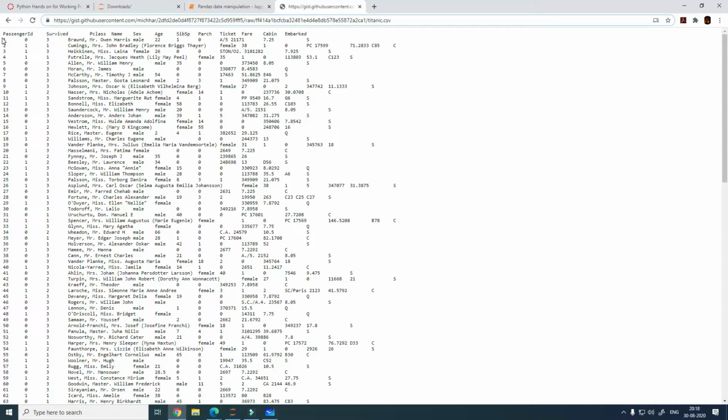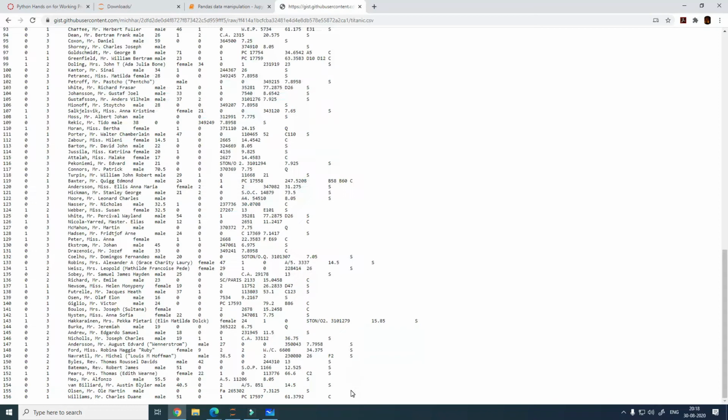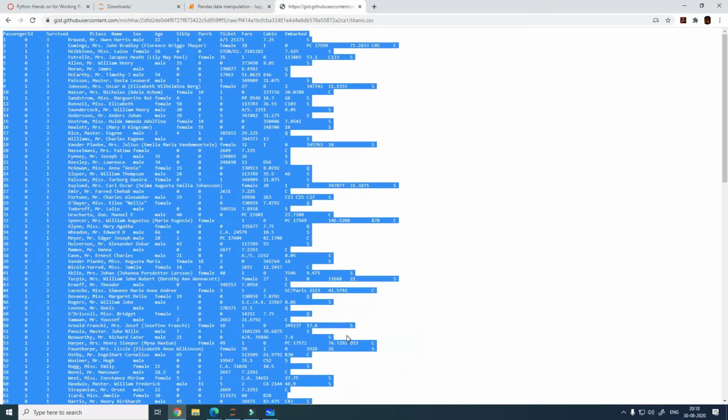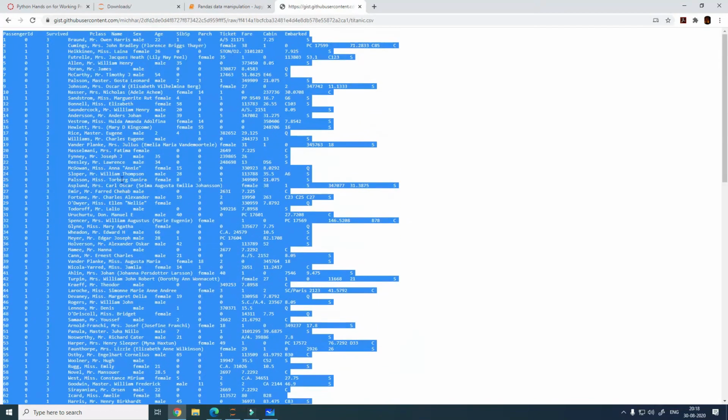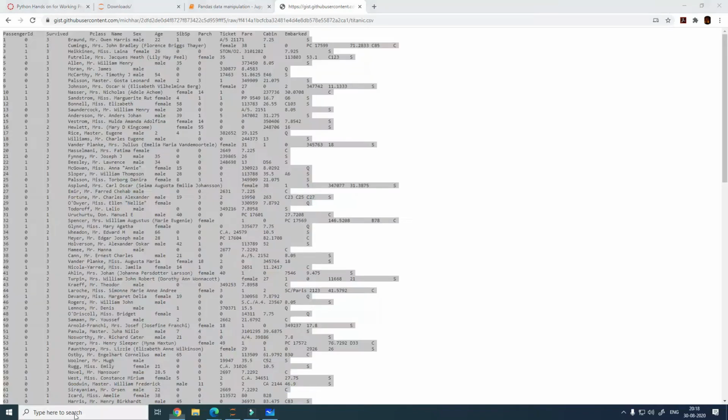The other thing is you can save this file locally on your machine and load it that way as well. I'm just going to show you both ways, so that if you have a local file, you can open that as well, right? So I copied the content of this, and I am going to